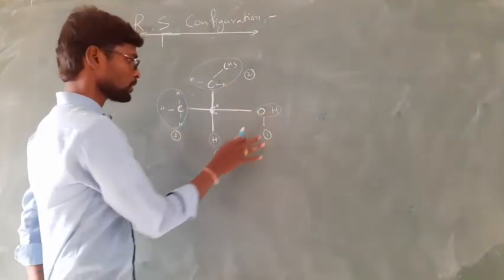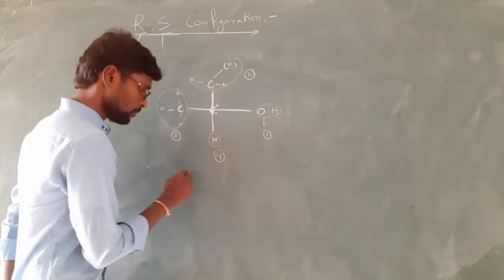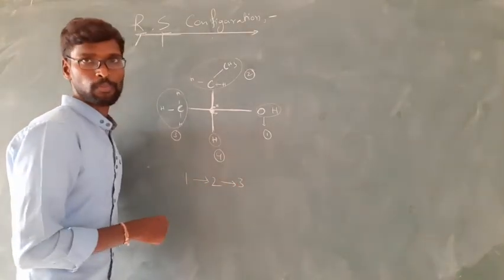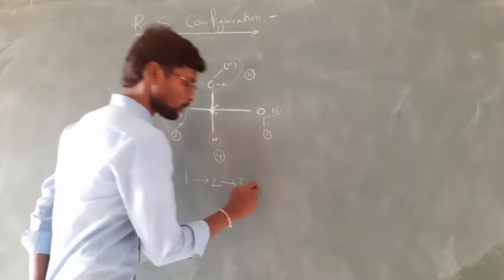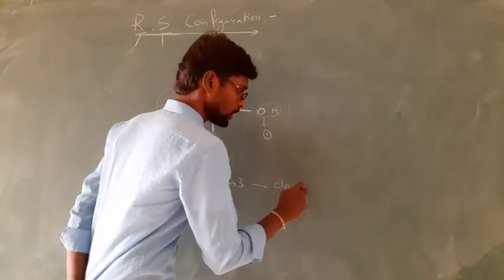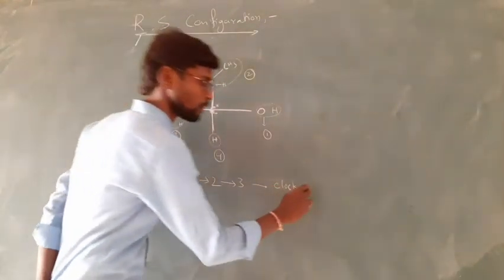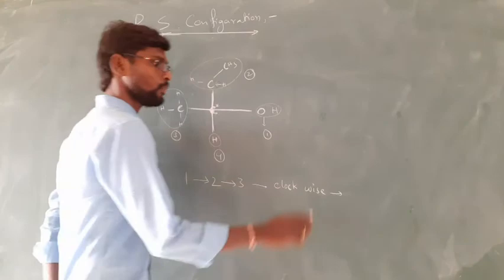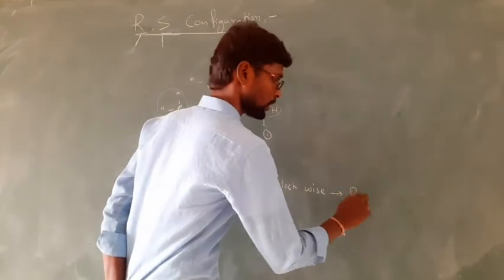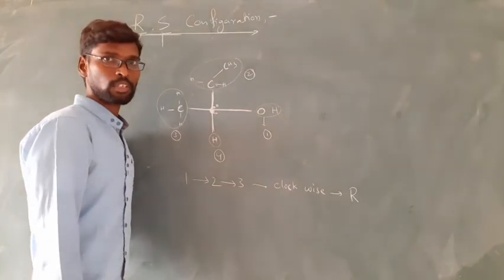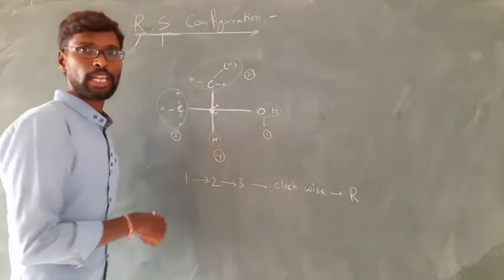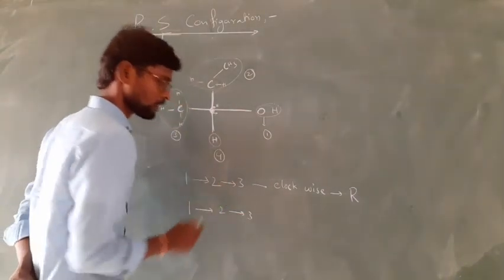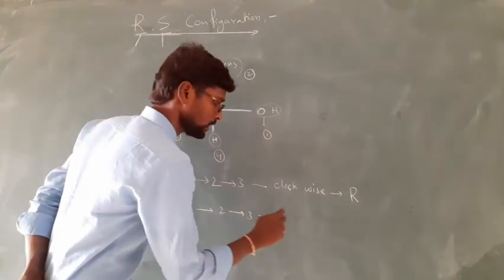Now we have to observe the moving path of 1, 2 and 3. If this 1, 2, 3 is in clockwise direction, then we have to give the symbol R for that molecule. That means we have to give R before the name of that organic compound. Now if 1, 2, 3, forgetting about the 4th priority, is in anti-clockwise direction,